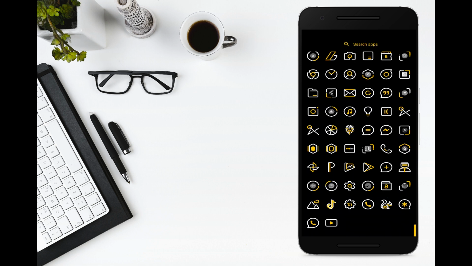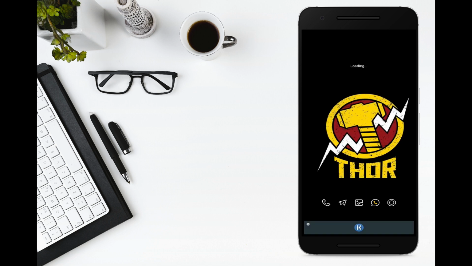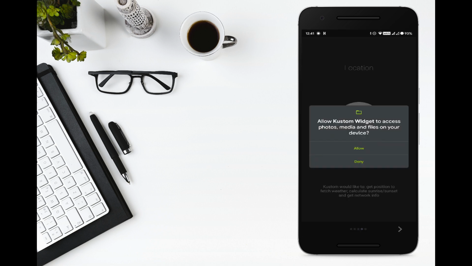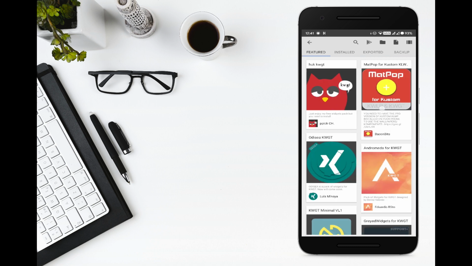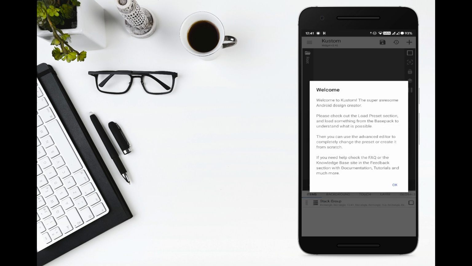Now we just need to restore those remaining two widgets. It's very simple. Just click on that box. Again click on it. This will come only for the first time. Then go to the exported folder. Here you can see that two widgets are already present. It's because we have placed the widget backups in the root directory. If you don't place them in the root directory, then these will not be visible here. Then you should click on the folder button available at the top right. Then you should choose those. Now just click on OK and the save button and you are done.